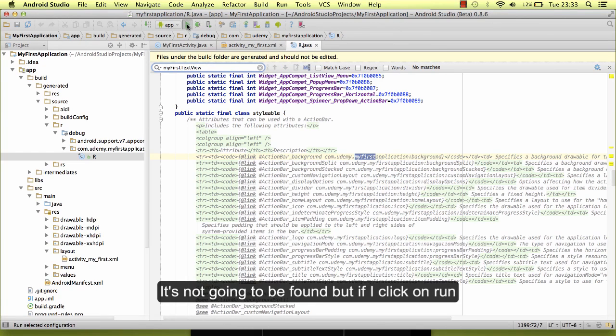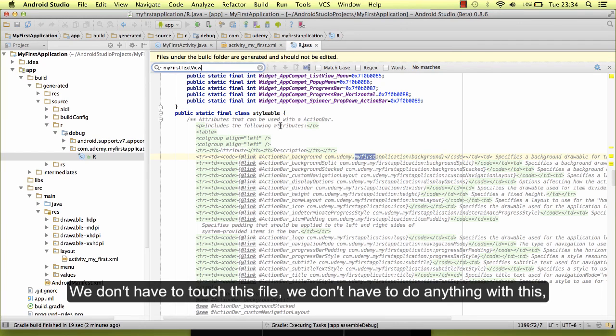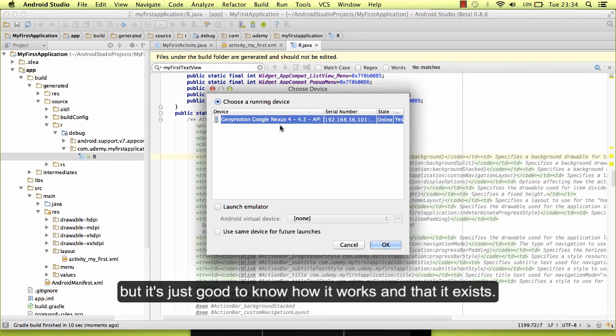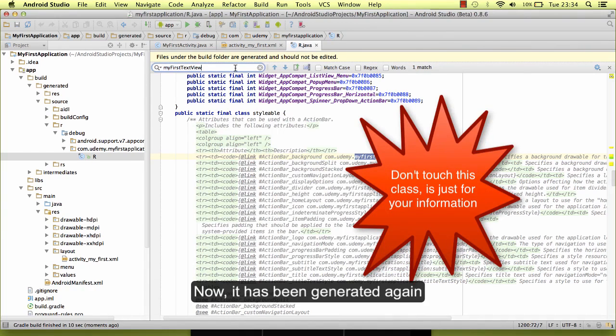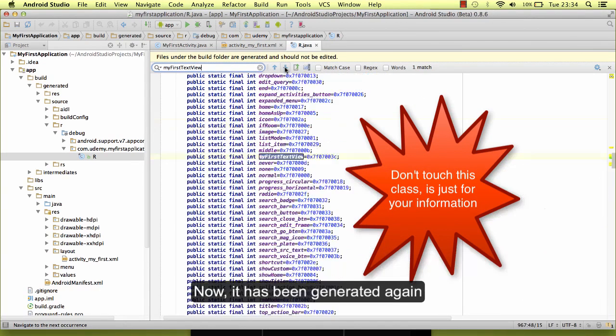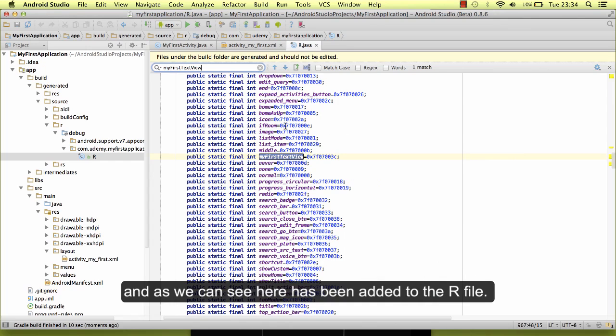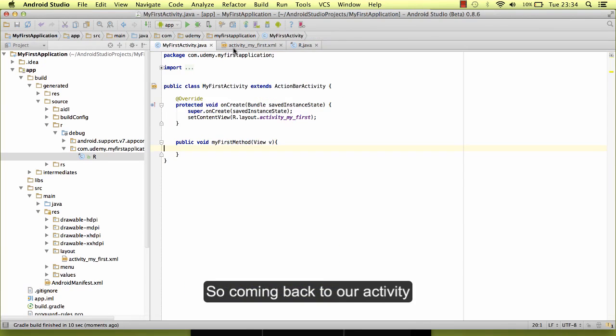But if I click on run, Android is going to generate the R file again. We don't have to touch this file. We don't have to do anything with it, but it's just good to know how it works and that it exists. Okay, now it has been generated again, and as we can see here, it has been added to the R file. So, coming back to our activity,